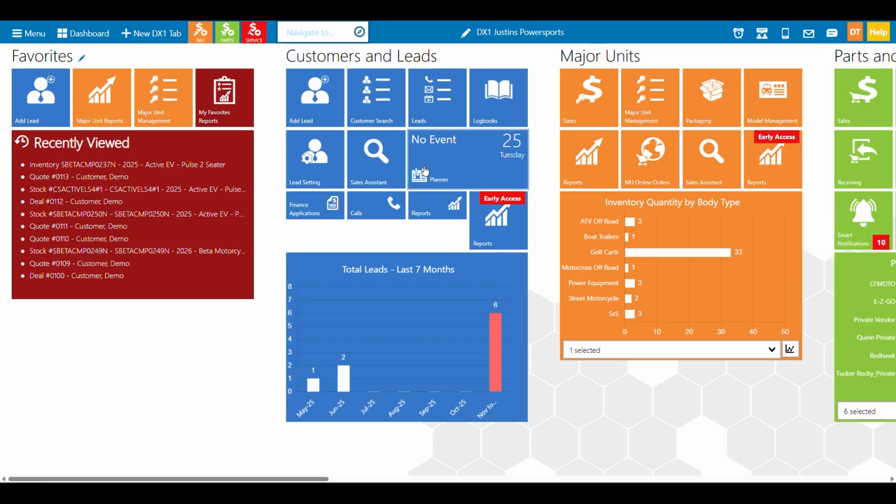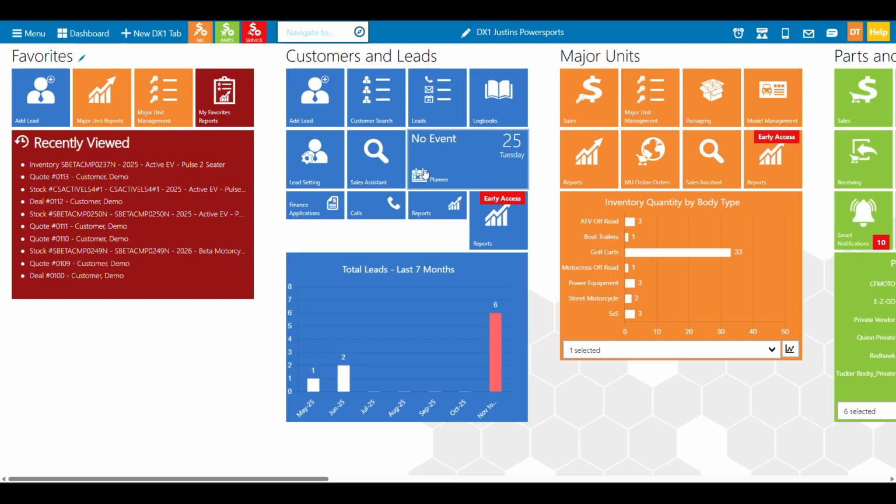All right, if you're a user who would like to limit the number of clicks and pop-ups you have related to printing, DX1 does have a solution for you, and we call it direct printing. You do need to install some software. I'm going to speak briefly how to do that, and then you also do need to do some configuration in local settings, and we'll talk about that before we demonstrate it.